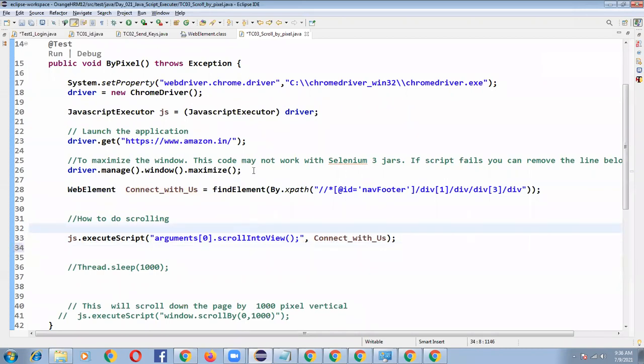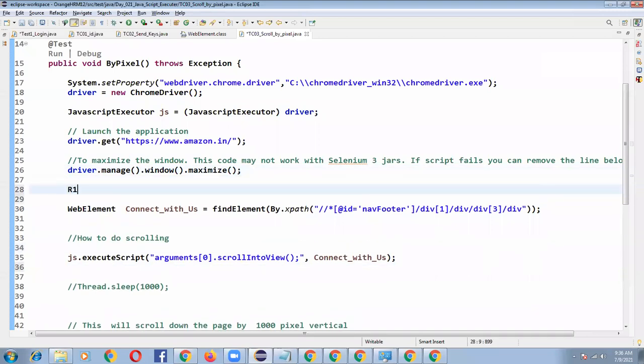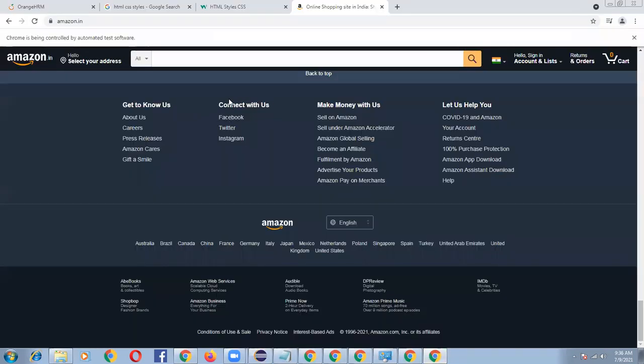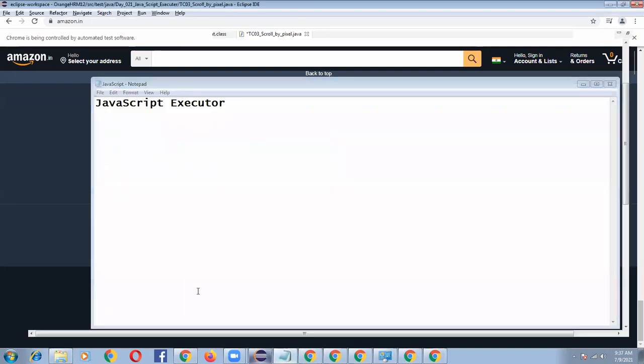Suppose I write r1.takeScreenshotAuto here, what will happen? It will take the current tab's screenshot, which was not scrolled to the bottom of the page. But I want my correct test evidence. At the bottom of the page, I want to take the snapshot. After scrolling, I can write r1.takeScreenshotAuto here, so that the scrolling is done wherever this web element is available. So we can write the syntax like this.